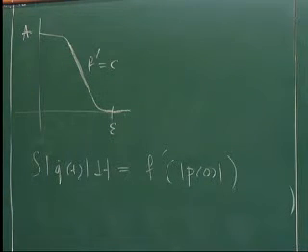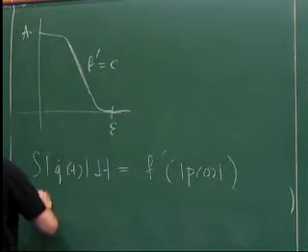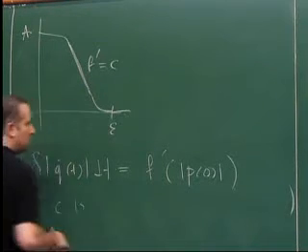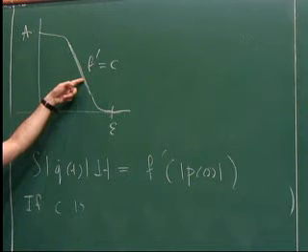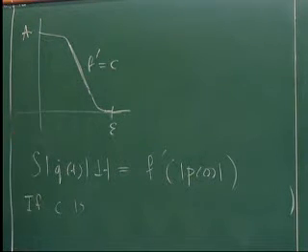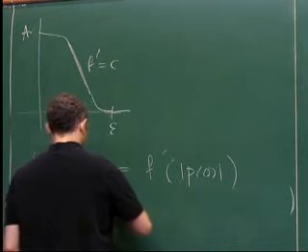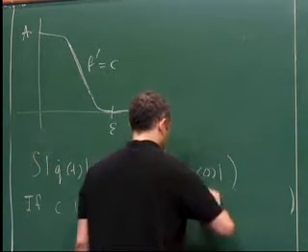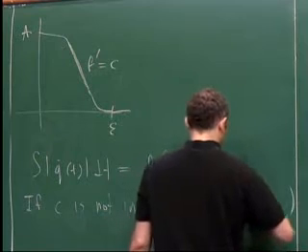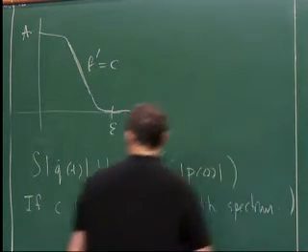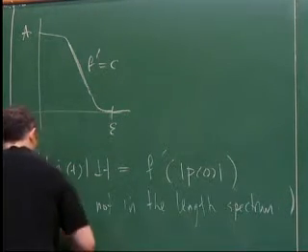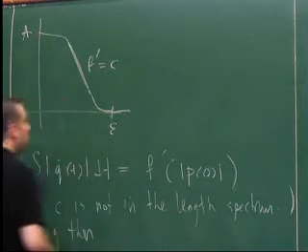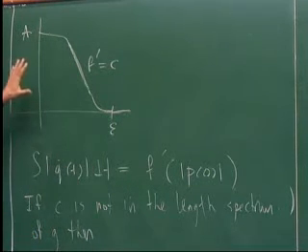These are autonomous Hamiltonians. So if this constant slope c is not in the length spectrum of g,